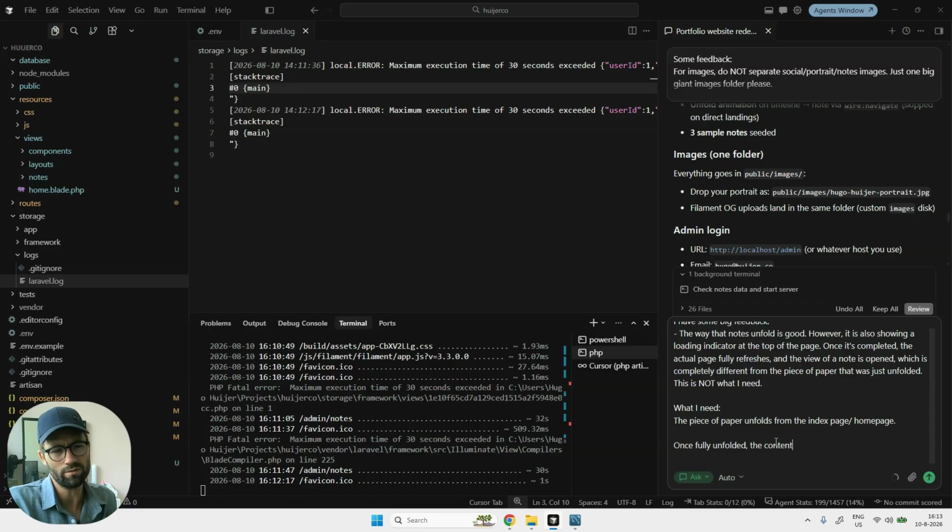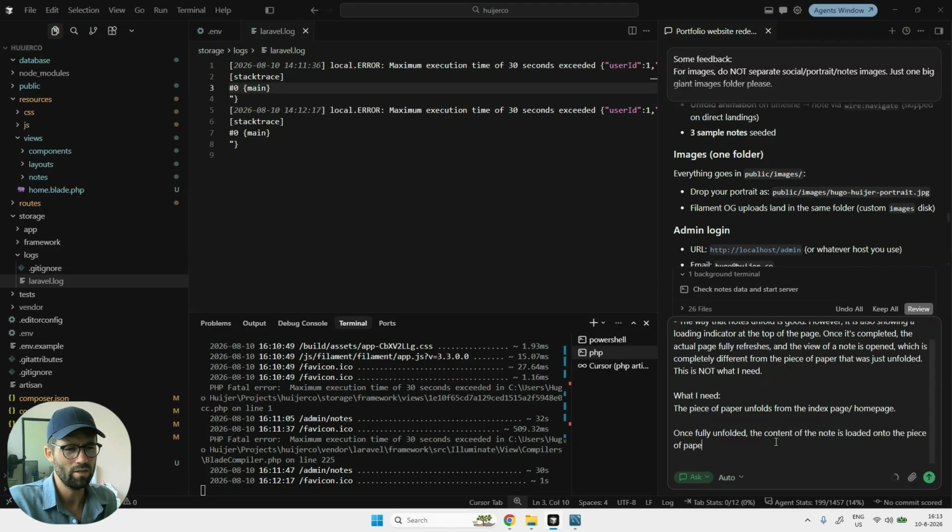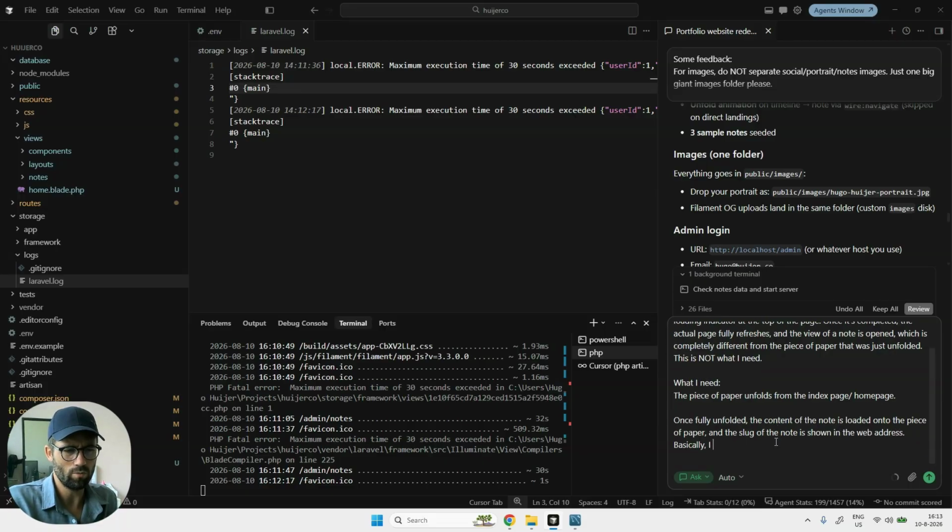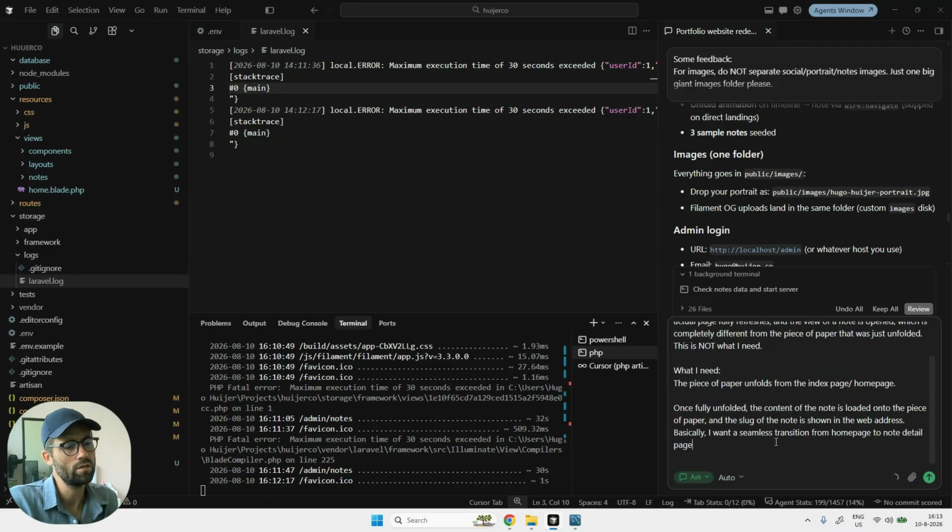The content of the note is loaded onto the piece of paper, and the slug of the note is shown in the web address. Basically, I want a seamless transition from homepage to note detail page while keeping a snappy animation